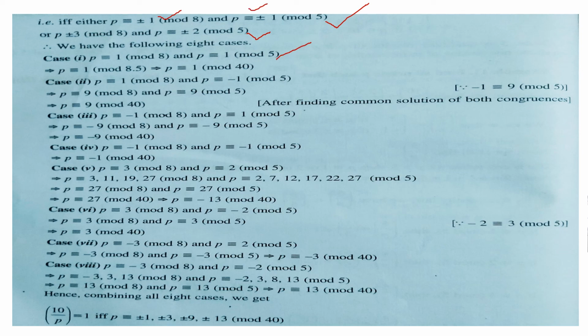ऐसे p पॉजिटिव है, ये पॉजिटिव है, तो पहला केस, तो यहाँ से ये p इकट्ठा होके 8 इंटू 5, p 1 मॉडुलस 40 हो गया। अगर ये पहला पॉजिटिव है दूसरा नेगेटिव है, ठीक है, इन दोनों को जैसे नेगेटिव को आप पॉजिटिव बना सकते हो, जैसे इसमें 8 है ना, तो दोनों में 8 ऐड कर दो, यहाँ भी 9 बन गया और यहाँ भी आपका 9 बन गया। अब इसने एक्चुअली केस ले लिया मॉड 8 मॉड 5 वाला, ठीक है, तो इसमें 8 ऐड कर दिया, इसमें 10 ऐड कर दिया, दोनों को कंबाइन कर दिया, 9 मॉडुलस 40 आंसर आ गया।